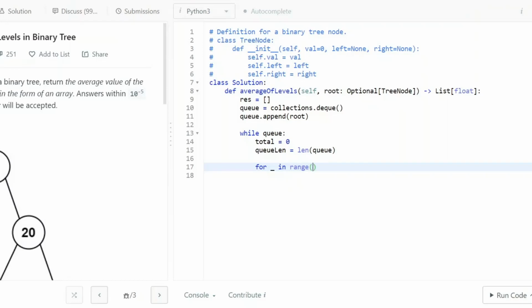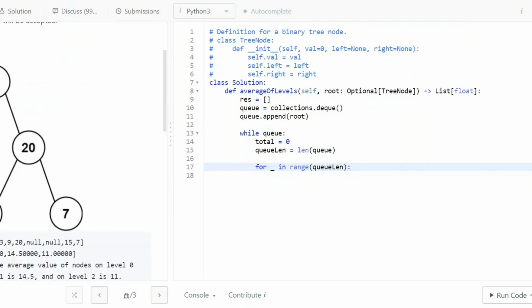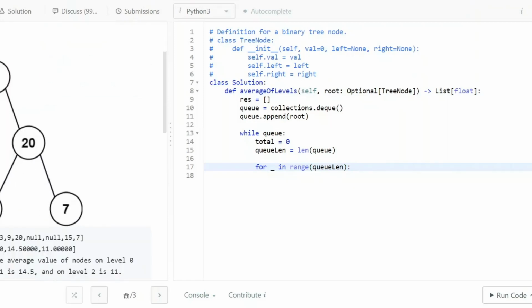So for the first level, we want to find the average for that particular level, that range. We only want to find the range for that particular level. That's why we're using a range, so it will not exceed that level, because at every range we believe that is all of the values at a particular queue. So the range of the length of the queue. And just to be clear, for instance, presently if we have just 3, I'm pointing at 3 here, we want to find the